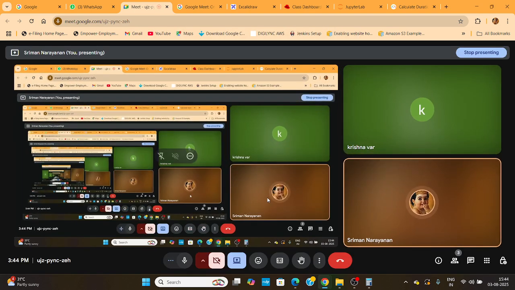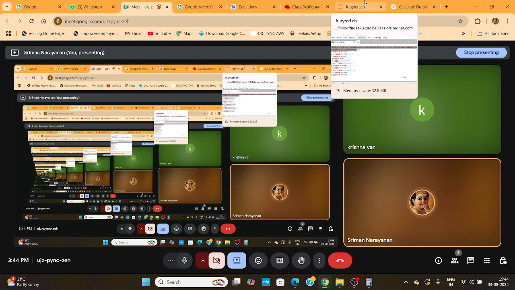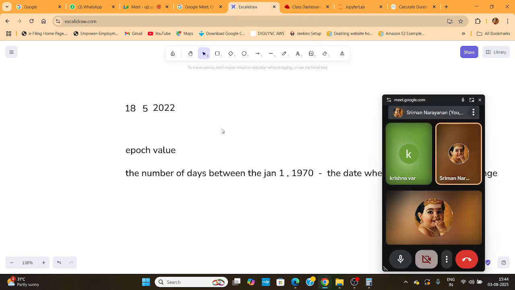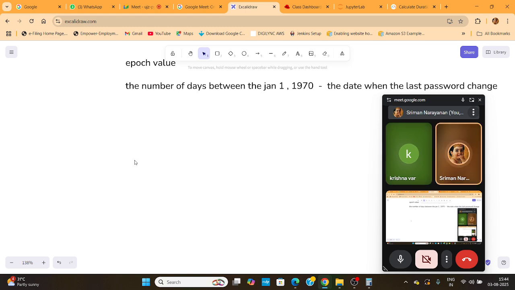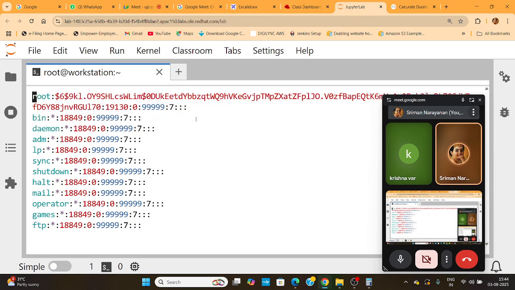This current system, the system in which I'm taking the session, I have the password for the system. This password might expire in 1 year. I have almost crossed 358 days. I have only 7 days left to complete the 1 year, and the password will also expire in 1 year. On the 358th day, because the value is 7 here,